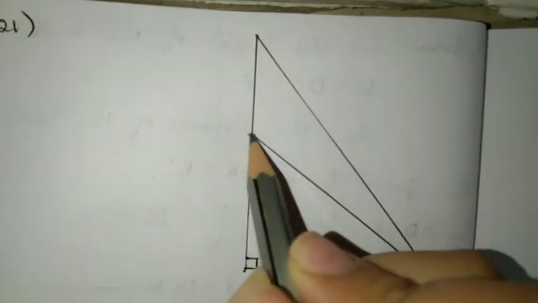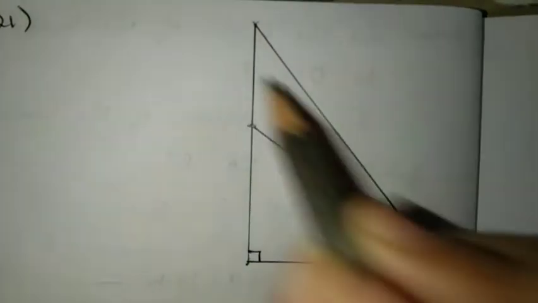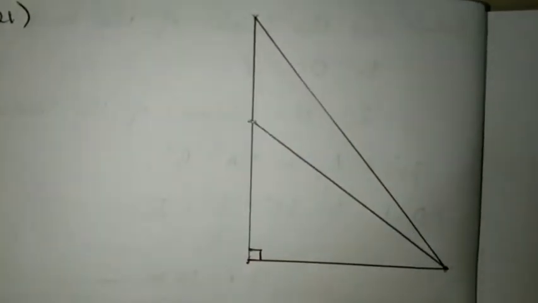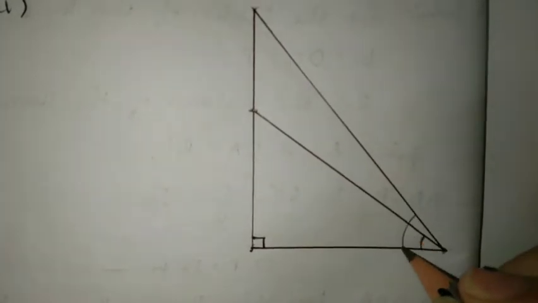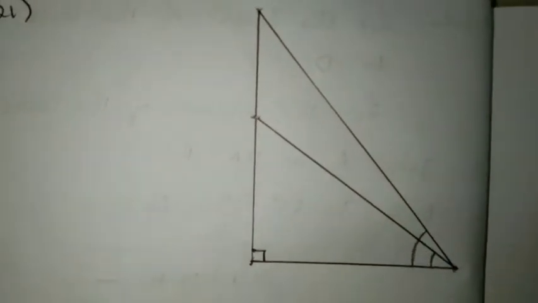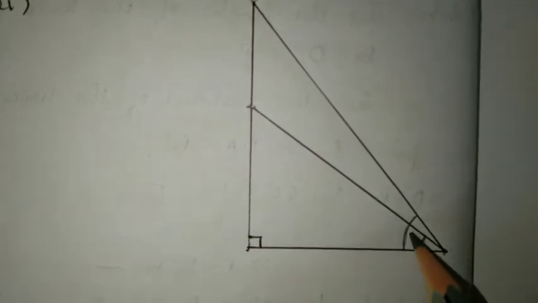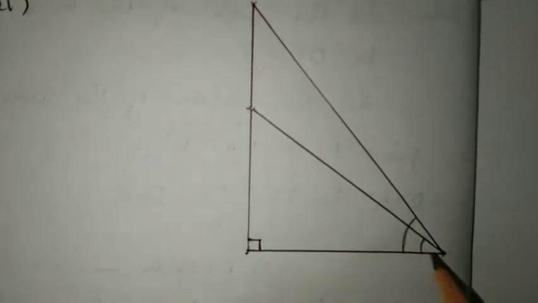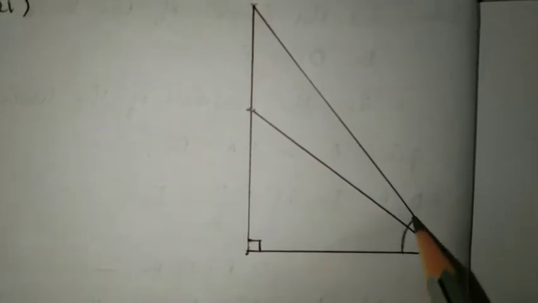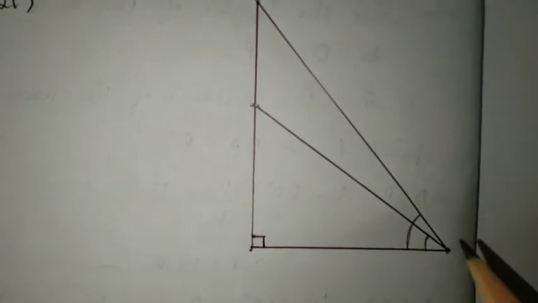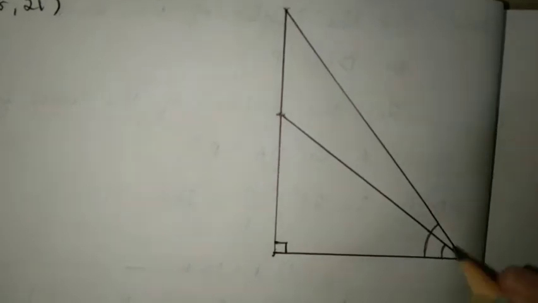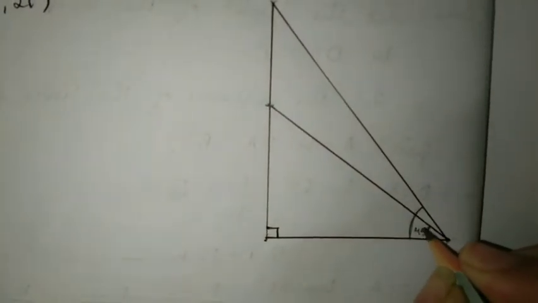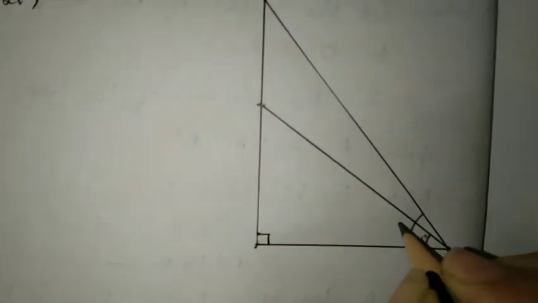okay. The point on the ground does not change, but the height of the building and the tower, it changes, right? It's different. So here you will have one angle of elevation, another angle of elevation, and like I've said before, in this type you can just see that the smaller triangle will have smaller angle, bigger triangle bigger angle, okay. We have a common point over here, and in this question we have 45 degree, the other one